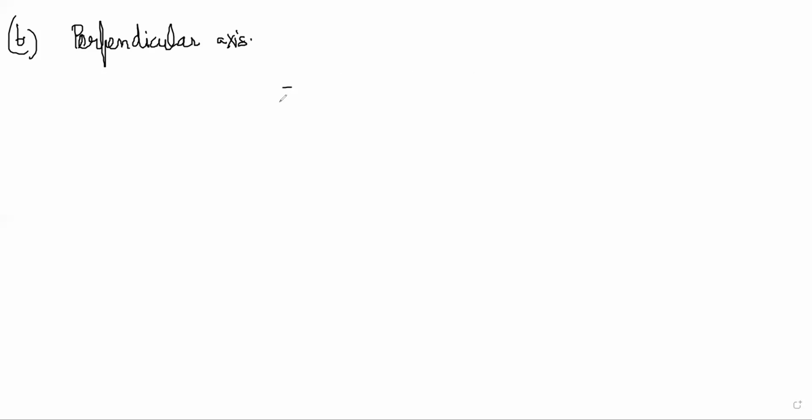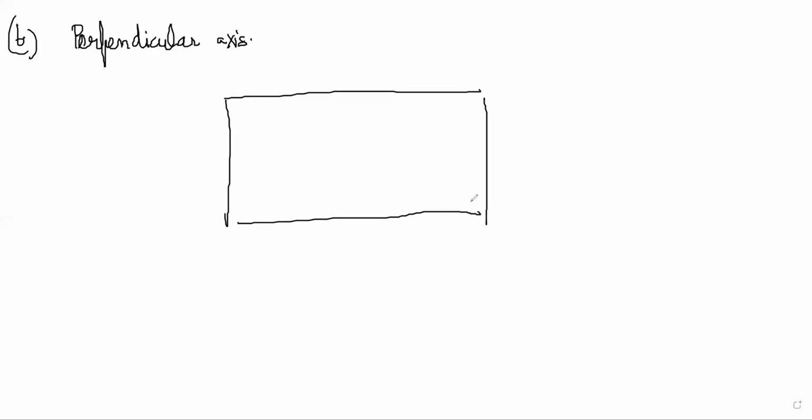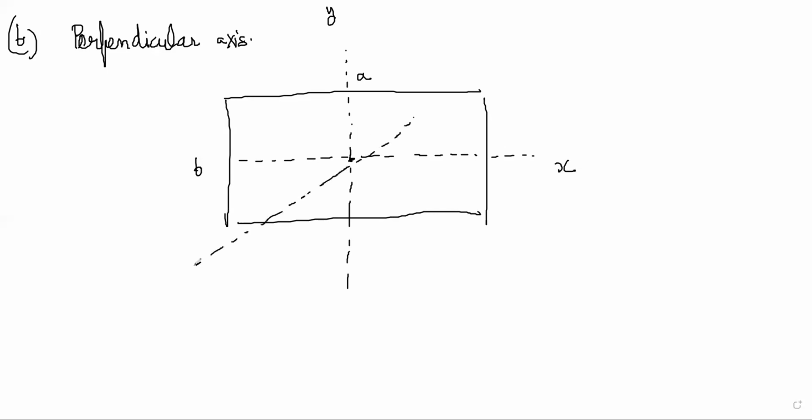So what we will actually do is use this one. Let's say there is a rectangle, with side lengths A and B. And there are three axes that I want to worry about. This axis is the y-axis, and this axis is the x-axis. And there is a z-axis. So there is an Iz, an Iy, and an Ix, right? You can define moment of inertia about all those three lines.